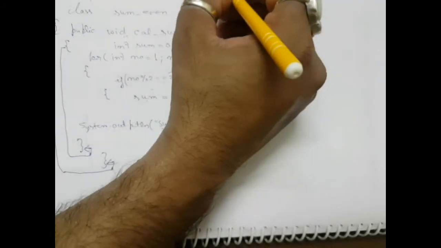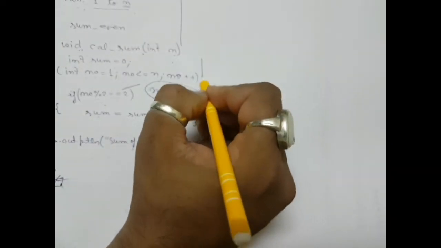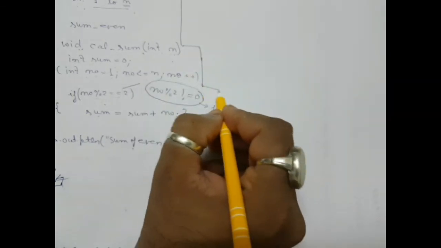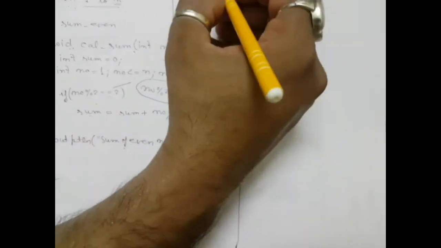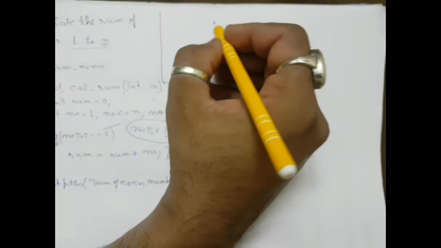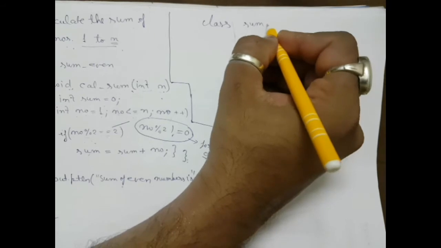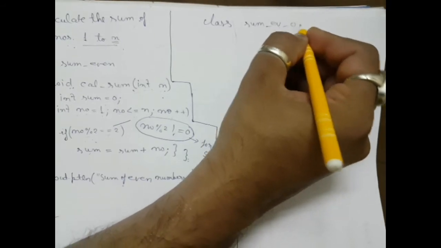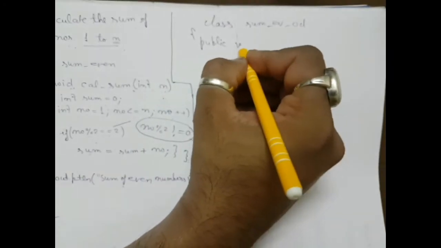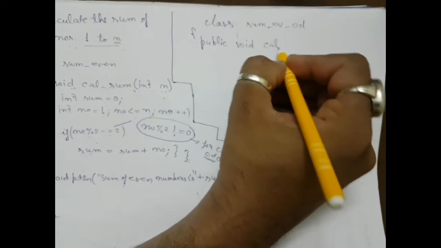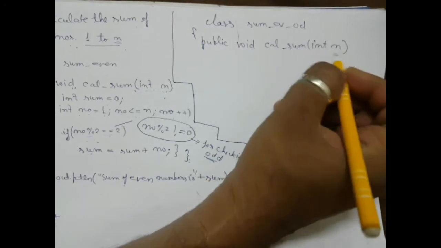Now I'm going to give you the code when I have to print the sum of even and odd numbers both. Alright. Even and odd numbers both separately. So what I will do here, students, I will write here class SumEVOD, and here I write function calSum, and here I provide the limit, that is the argument of the function.